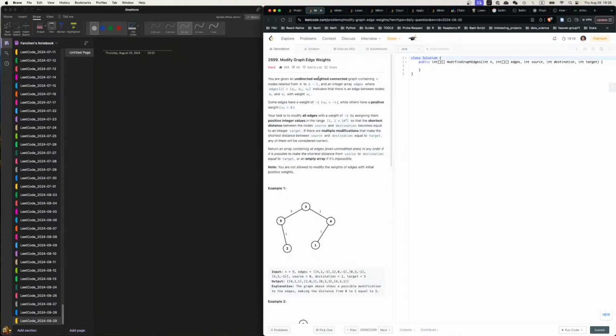Okay, undirected weighted graph. Connected. Containing n nodes labeled from 0 to n minus 1. Integer array edges. ABW indicates where the edge between nodes A and B has weight W. Some edges have the weight of -1, while others have a positive weight. Your task is to modify all edges with a -1 by assigning them positive integer values so that the shortest